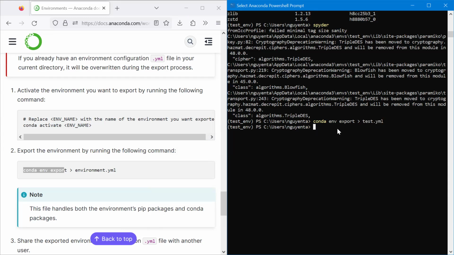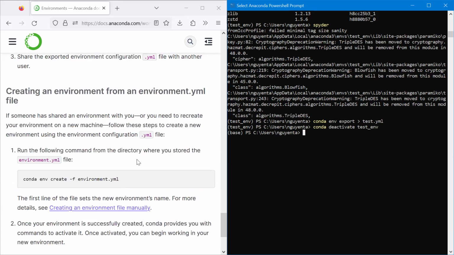So now first let's log out of this environment. Conda deactivate test environment. And now I am back to the base environment. And I can create the test environment using the file I just created. For example, I am the person that just received this file from others, and I want to create this environment. I can use this command